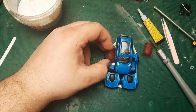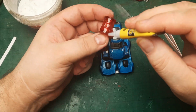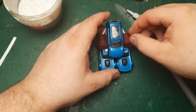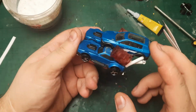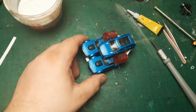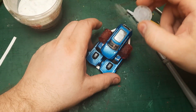Come on, get stuck. That's awesome. And the second one. Yes, lately I have a lot of barrels on my vehicles, and you can see how chunky it looks now. I know that there are holes in them, so I'm gonna have to cover them. But this is okay, this is very easy to work with. And I want to use this to cover the